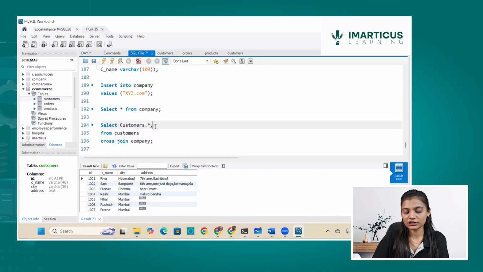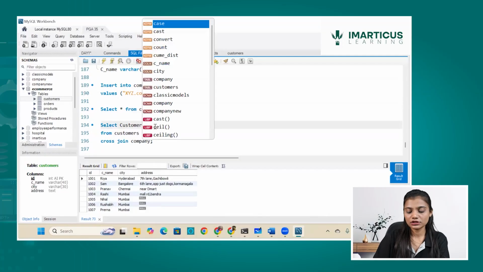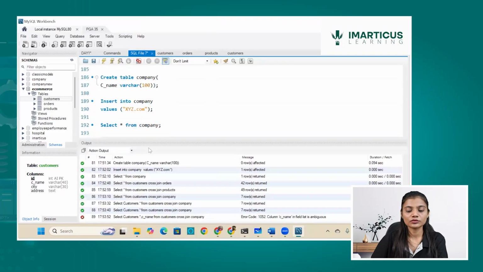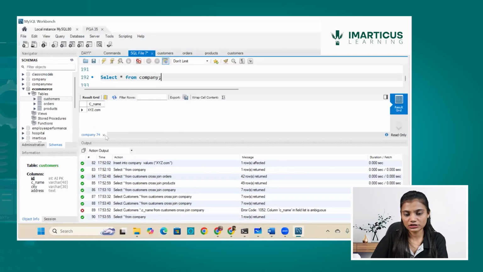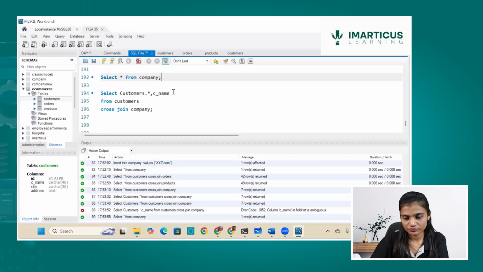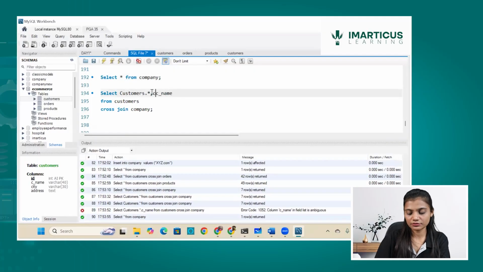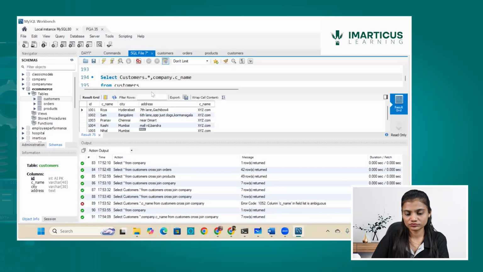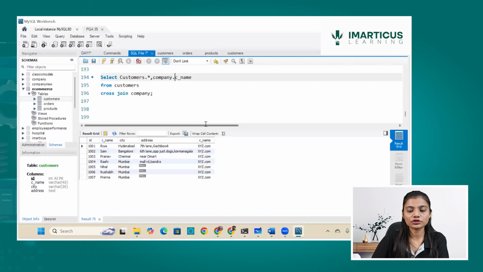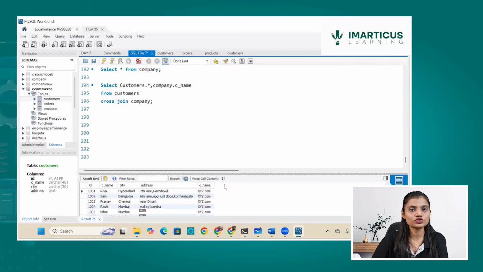If you want the company name, what is the company's column, C name is correct, C name from company. So here you can see this is what it is showing. So the company name of each individual is also being shown. So selective data is being shown in your cross join.